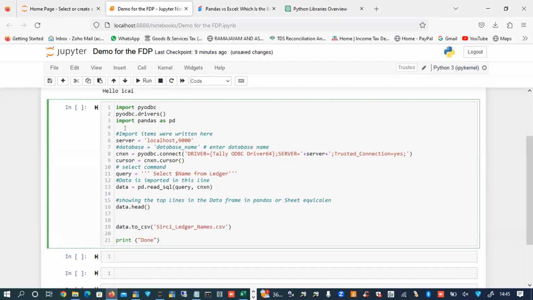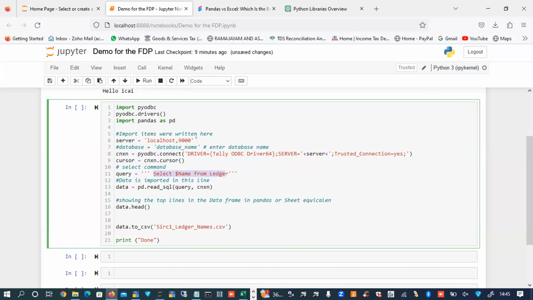So the whole query, this particular string, which executes a SQL query code from Tally to pull out the name of the ledger, is appended. So this particular place is a variable where you need to change this in order to extract further more information from Tally.